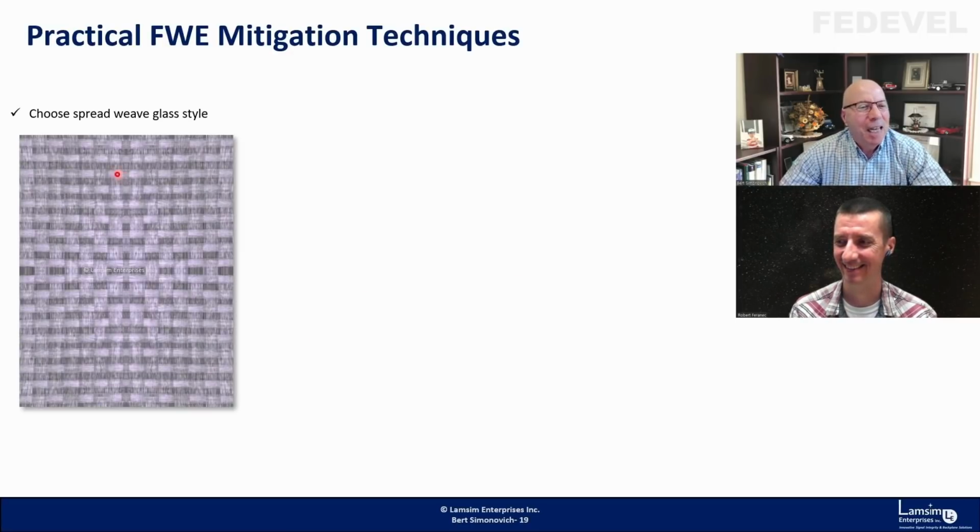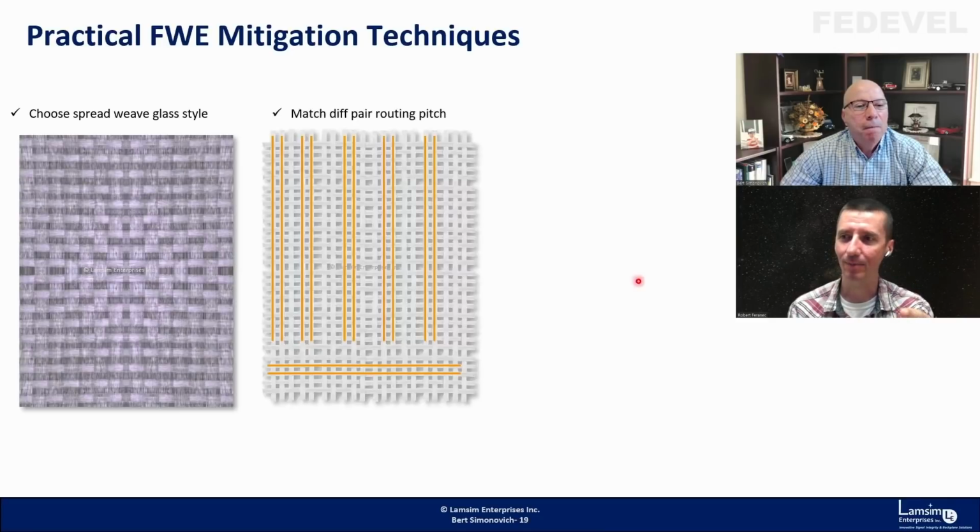Sorry about that. Anyway, so that's one: use a spread weave glass style. Mitigation technique means how we can prevent skew, or prevent the fiber weave effect. Another way to do it is what they call matching the differential pair routing pitch. So you choose your spacing of your differential pair. This would be risky, I think. Well, it is, but